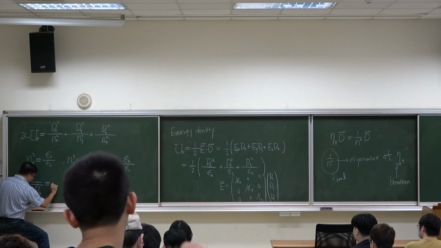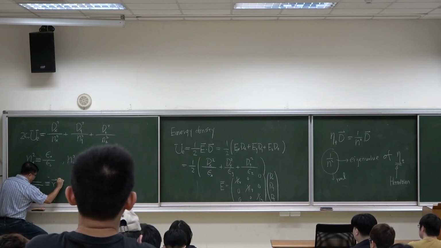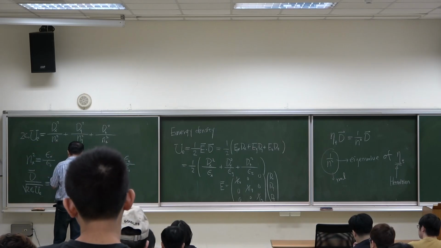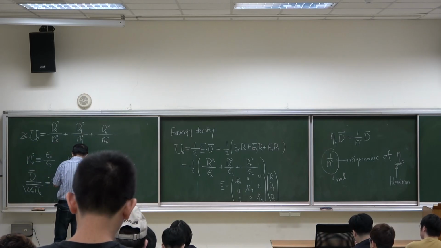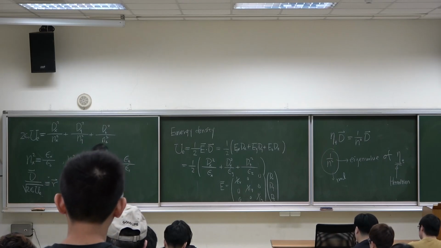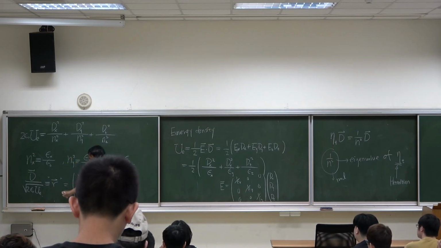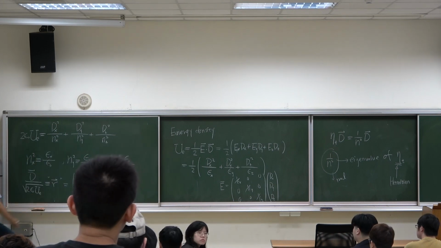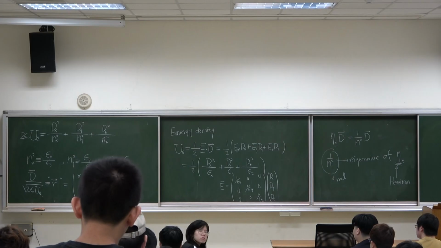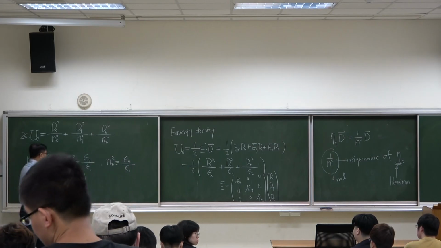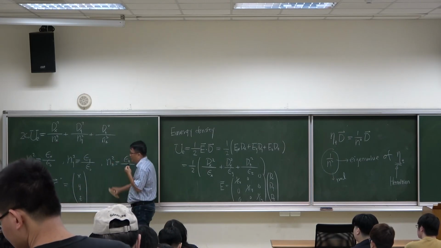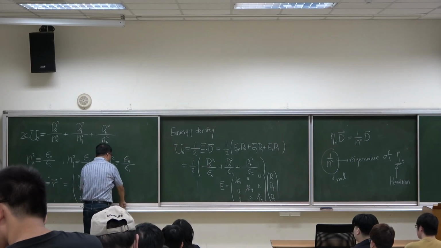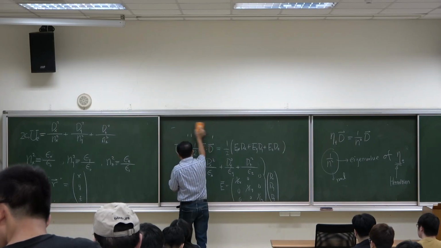Define this as R. R means x, y, z. Notice that now this R is not the position vector. It is just the ratio between the d vector and the square root of the constant times energy density. Okay? If we use this definition, then we can rewrite this equation as